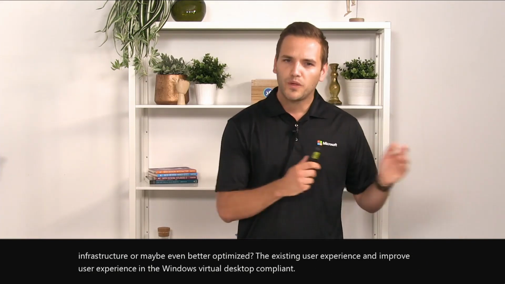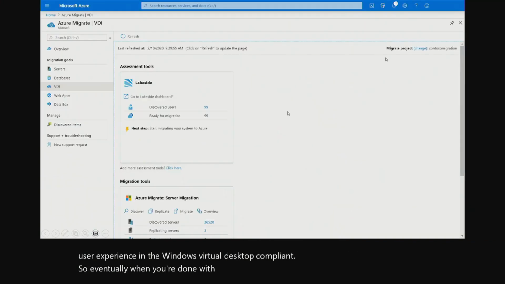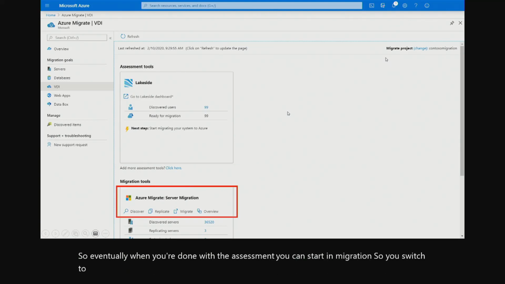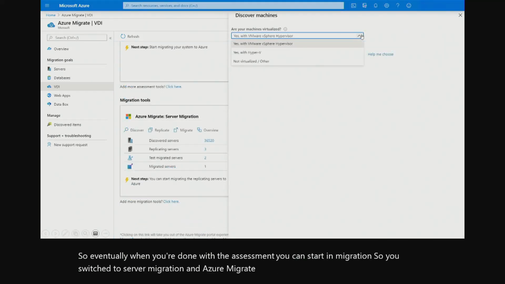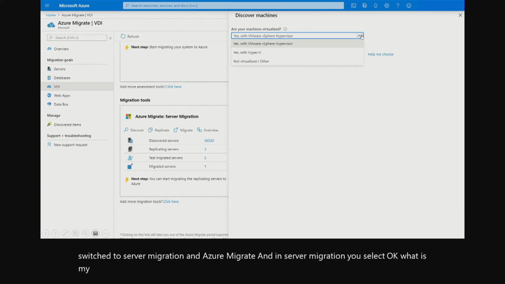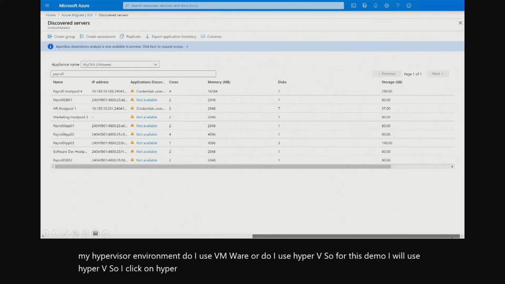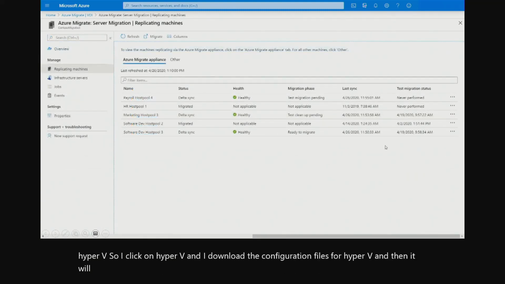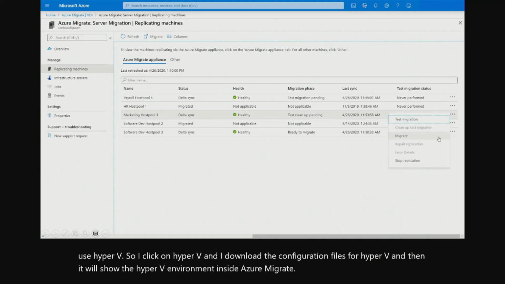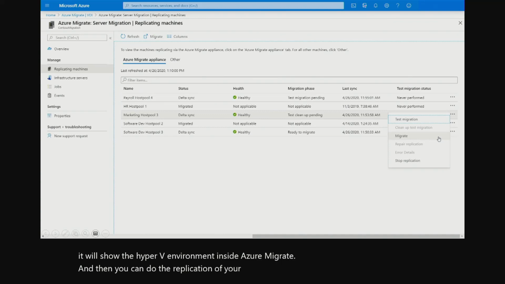So eventually, when you're done with the assessment, you can start the migration. So you switch to server migration in Azure Migrate, and in server migration, you select what is my hypervisor environment? Do I use VMware or do I use Hyper-V? So for this demo, I will use Hyper-V. So I click on Hyper-V and I download the configuration files for Hyper-V, and then it will show the Hyper-V environment inside Azure Migrate,